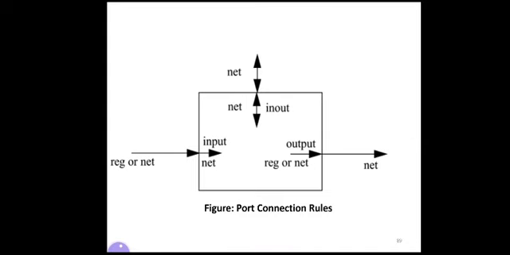First, let us see the figure for the port connection rules. Consider a module. A box is a module in which we have the internal unit. We have three different types of ports: input port, output port, and inout. External to the box is the external unit for that module. Again we have the connections for that. So for connecting two different modules, internal to external, we have some rules.